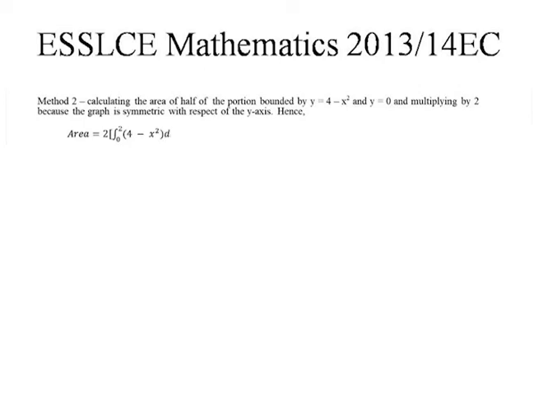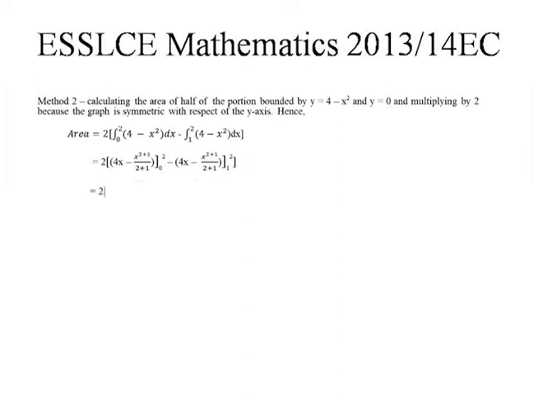to 2, minus the integral of 4 minus x squared dx, x ranging from 1 up to 2, which is equal to 2 times the integral of 4, which is 4x, minus the integral of x squared, which is x cubed over 3 plus 1, x ranging from 0 to 2, minus the integral of 4, again 4x, minus the integral of x squared, which is x cubed over 3 plus 1, again x ranging from 1 up to 2, which is